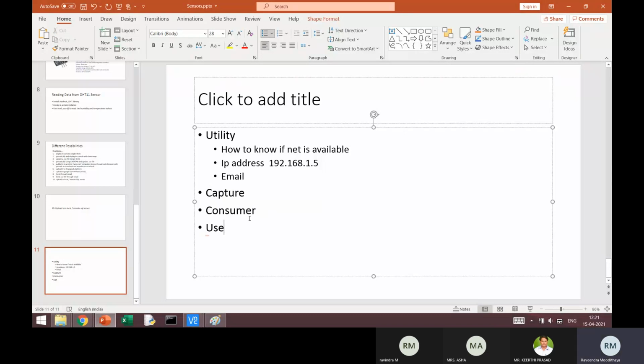For example, if you have to detect the water level in the water tank inside your campus, I don't really need internet connectivity. What I need is intranet connectivity. The network is used anyway, but it can be an intranet also.